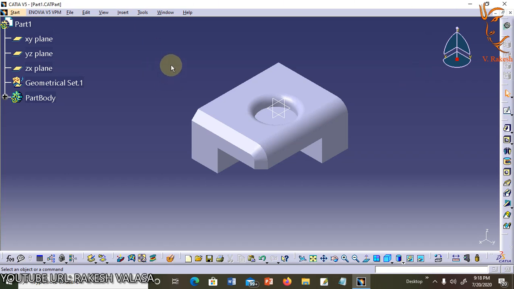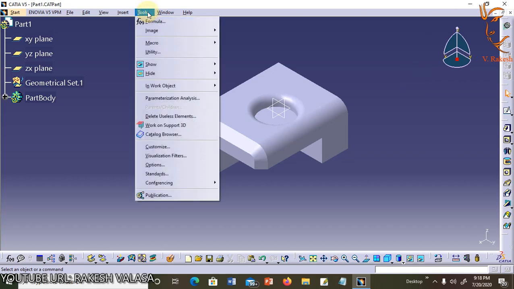In this lecture, I am going to explain what tools are available in the Tools menu. The Tools menu contains some special tools not found anywhere else in the CATIA V5 configuration. The Customize tool is one that you will want to get very familiar with. The very important note is that the tools available in the Tools menu depend upon what workbench is active.